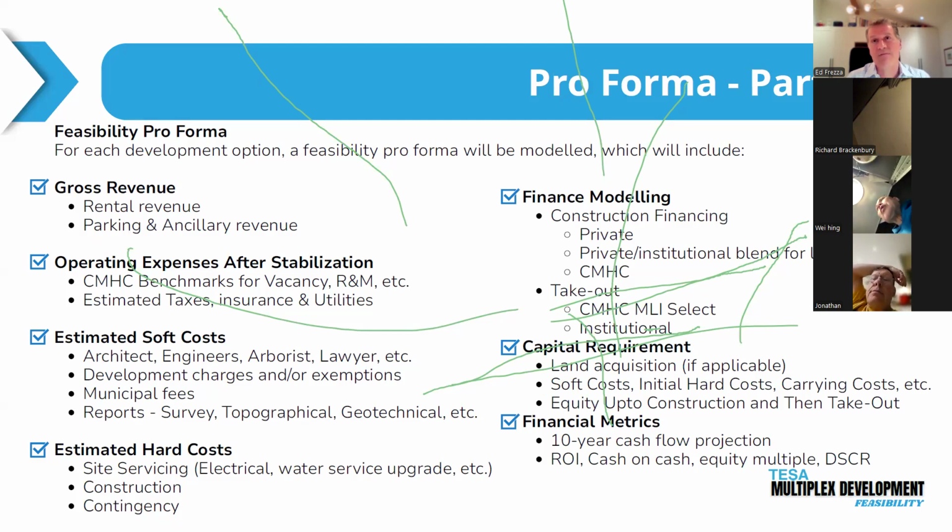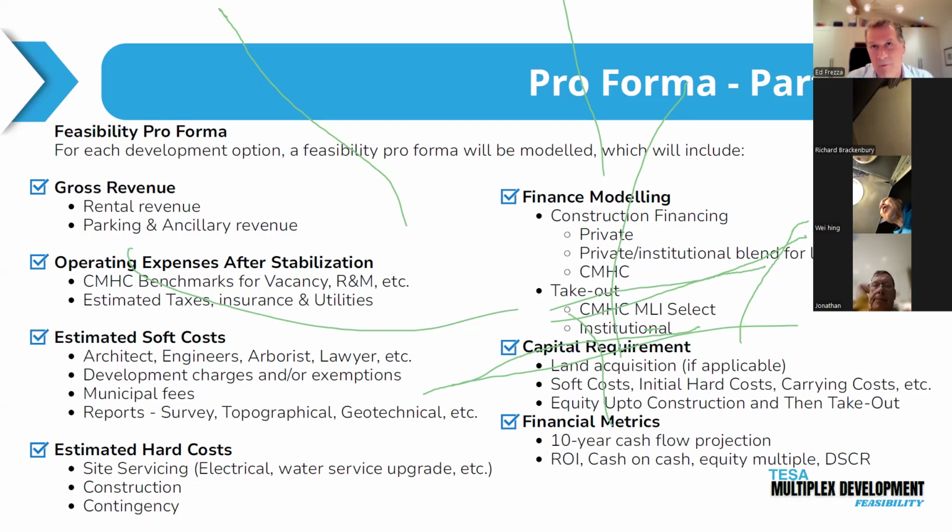You know that if you meet such and such targets, you're going to build for this price, you're going to achieve these kind of rents, you're going to deliver a fully leased building with the following net operating income, et cetera, et cetera. They in turn will honor their side of the bargain and give you a known mortgage at a known amount, et cetera, et cetera. So this de-risks the project a lot. And this is part of the financing modeling that I'm showing on the upper right there.